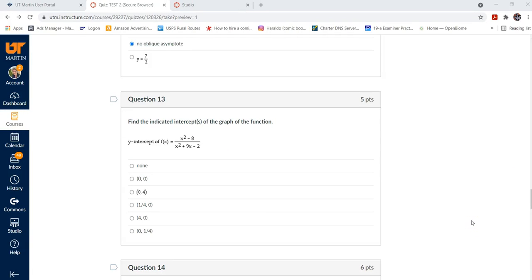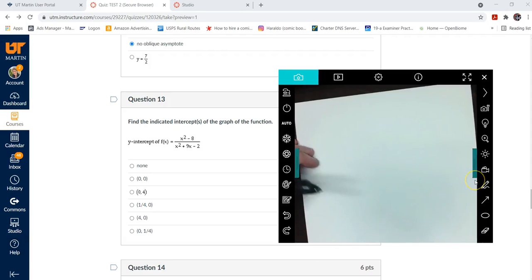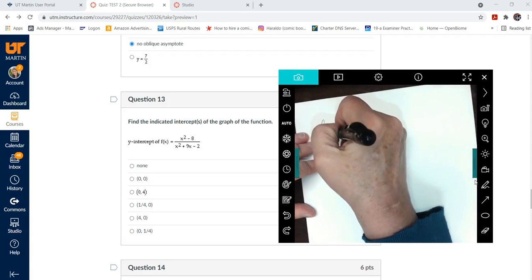Okay, so for this one we want the y-intercept of the function. So let me get my camera up. So f of x